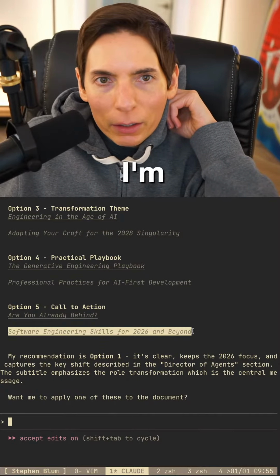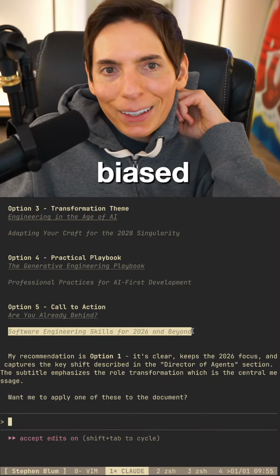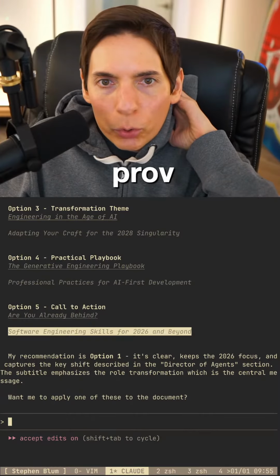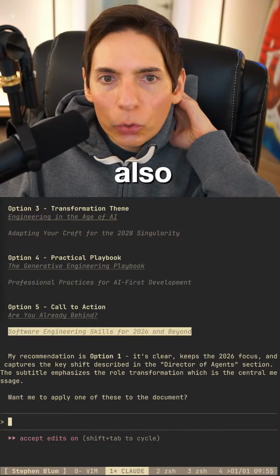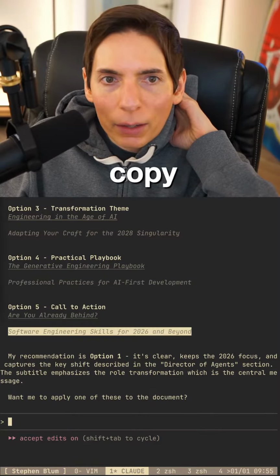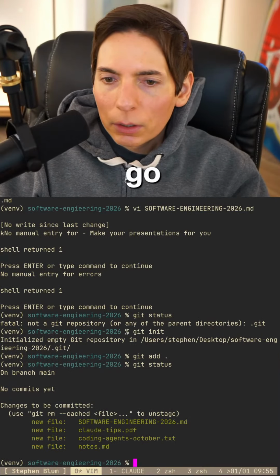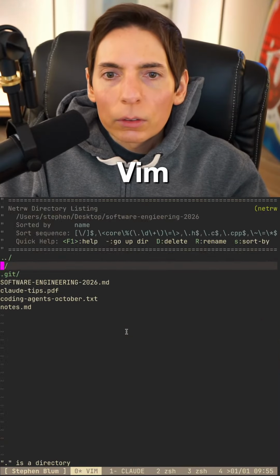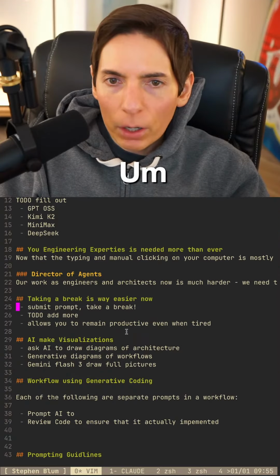So I'm running behind on the chat message. Source Viewer is your own tool. Might be biased, but you like it a lot for C. Nice. And then provide approvals as a director of agents. Yes. Also, it's useful for a proper... Let me copy and paste that. As well. There we go. Vim. Here we go. All right, here we go.